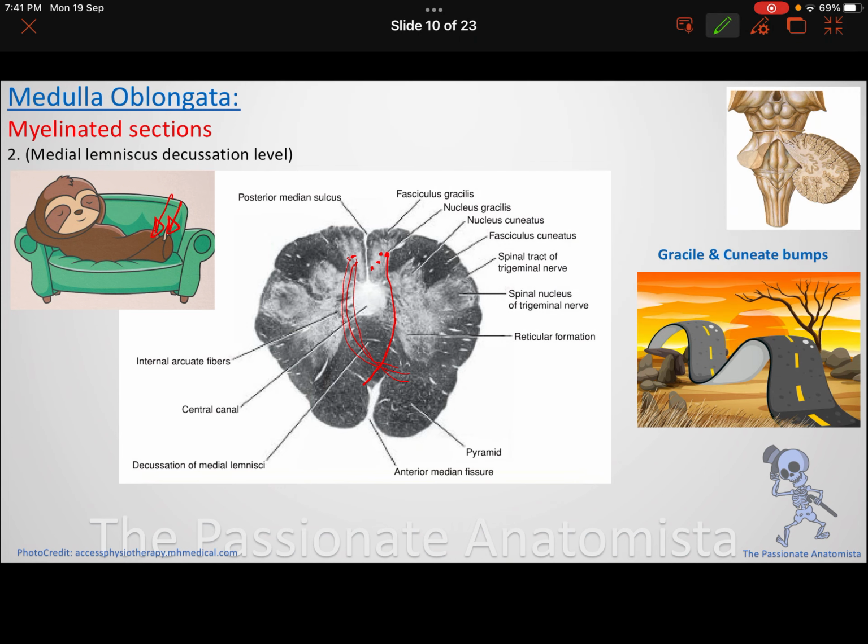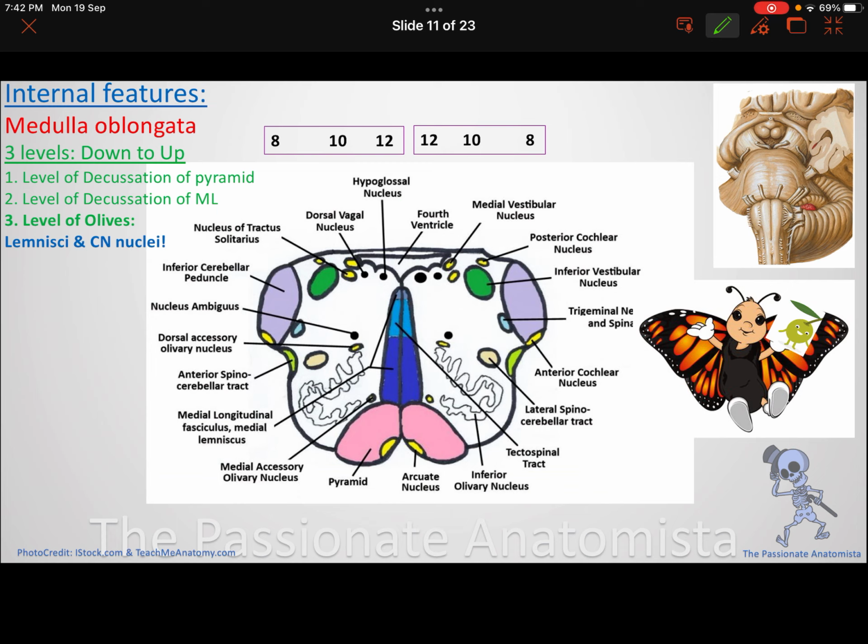And if you have the cuneatus, it's going to be posterior. You might get this question in the exam, we never know. So just look at this sloth and see how it's resting its body on the couch. Remember that his legs were anterior, and because the gracile is related to lower limb information, they decussate anteriorly. All right, perfect. So now we are done with two